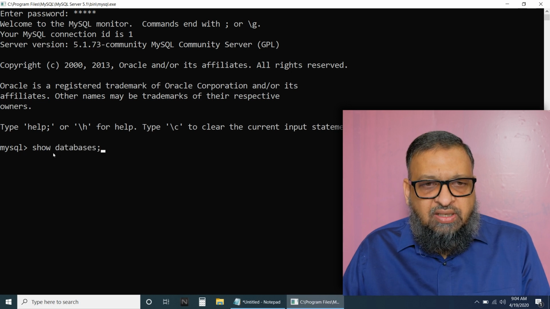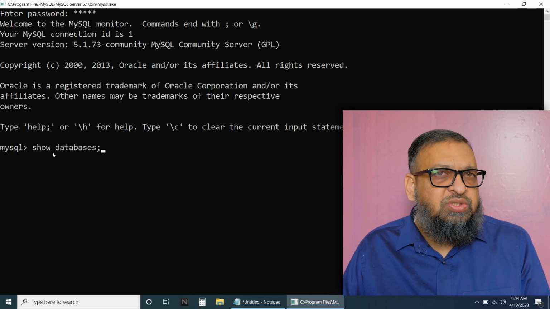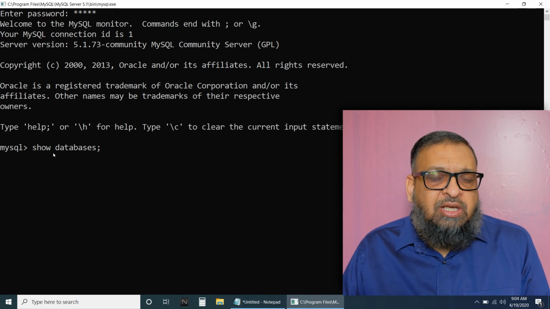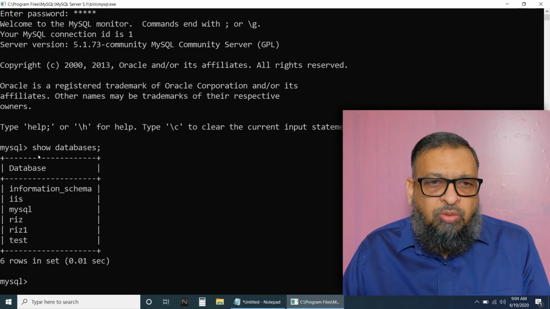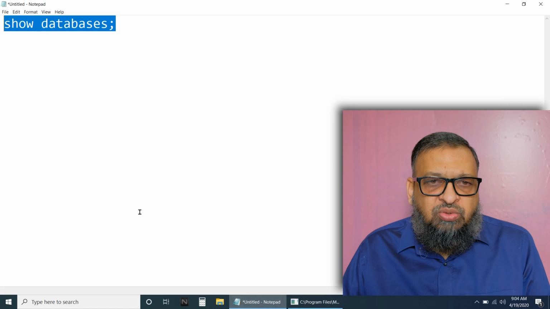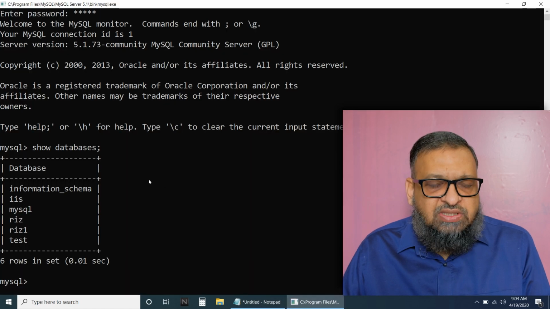Right click and it pastes. If I want to execute the command another time, I can copy paste from the notepad. Once I enter it here, I cannot go back and change it, but with notepad you can change things and paste again. We will see that later.